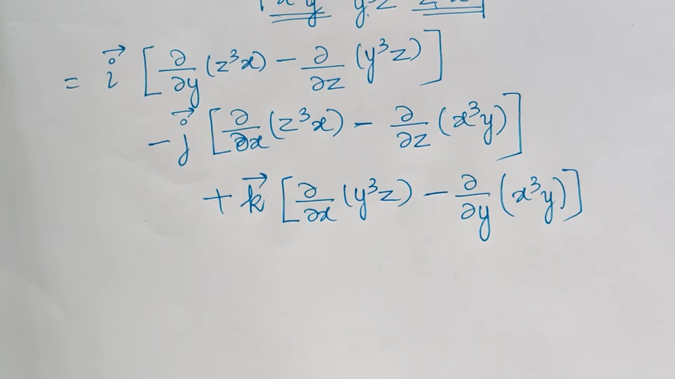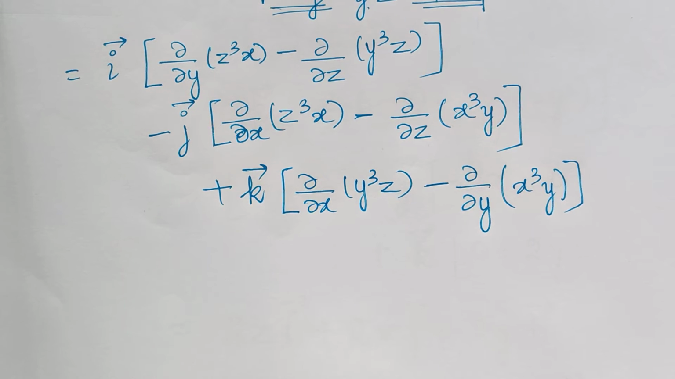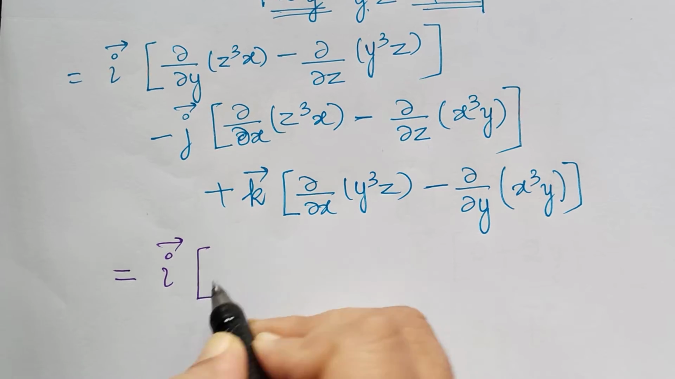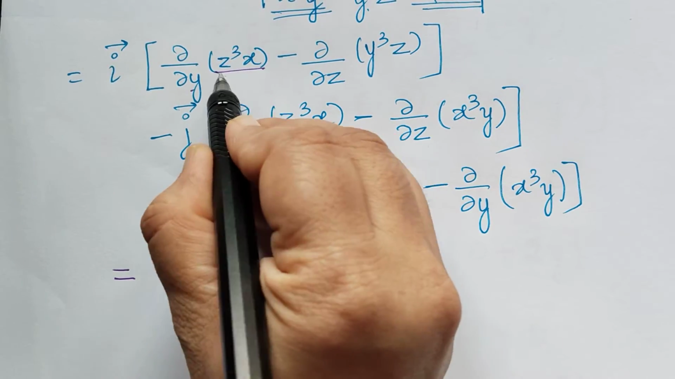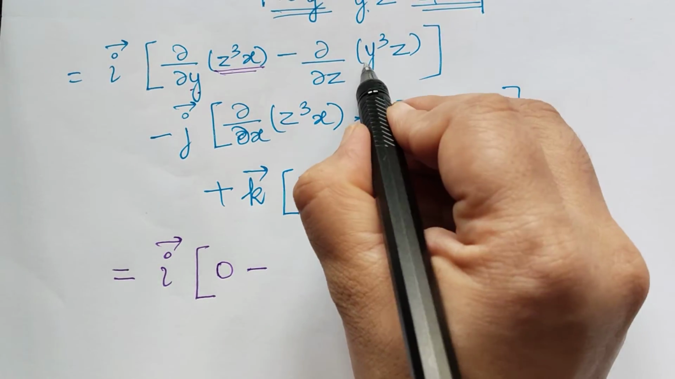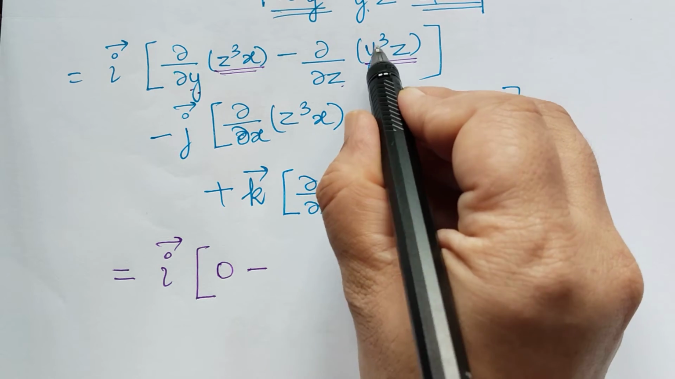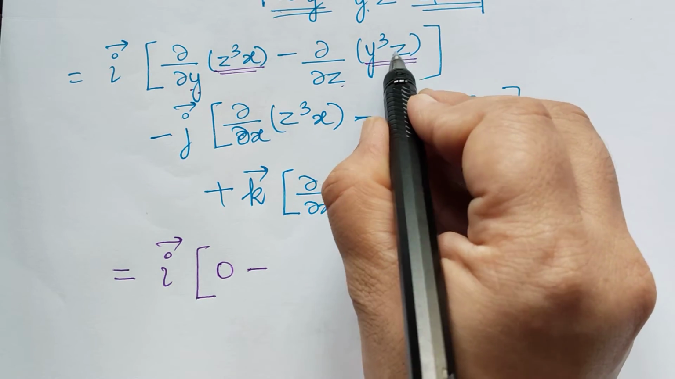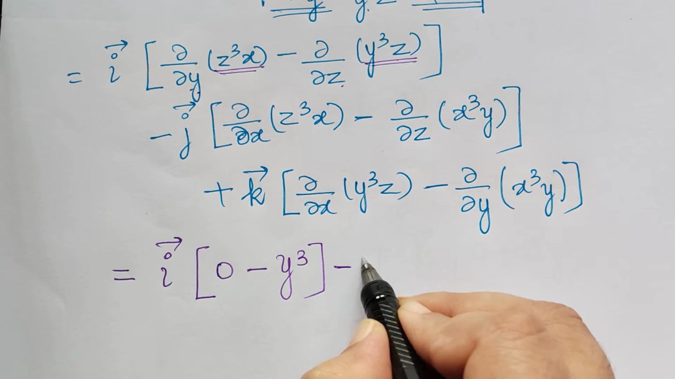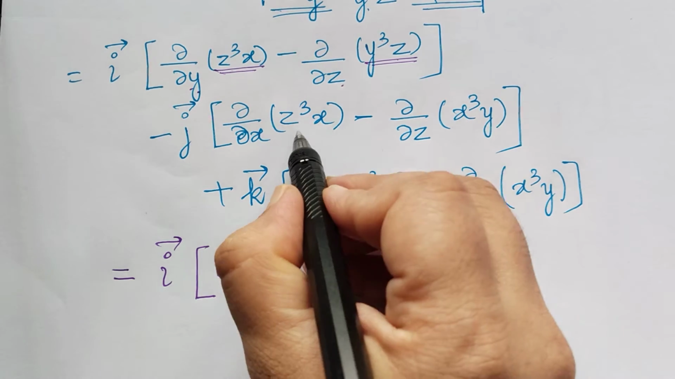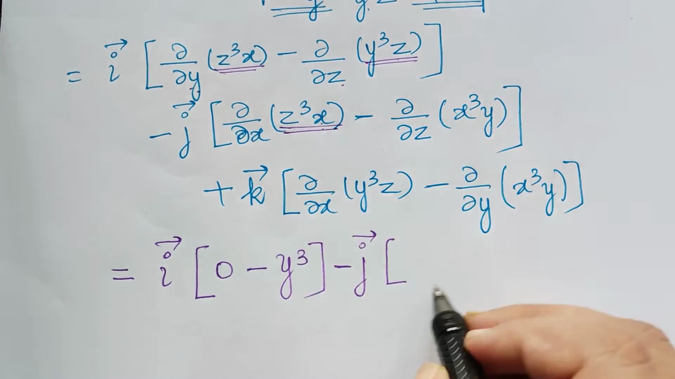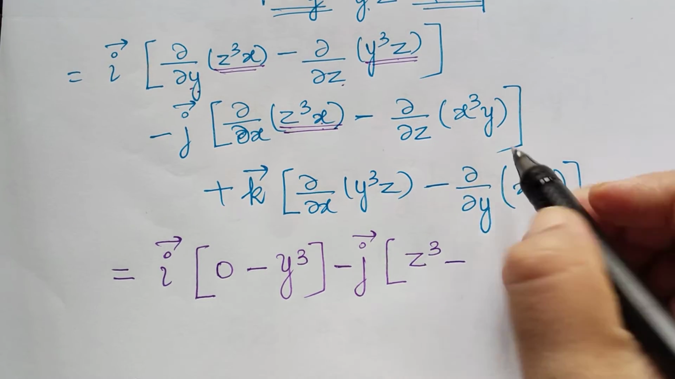So now we shall simplify further. So that will be equal to, now i vector multiplied with partial differentiation of this with respect to y. As there is no y term, it will be 0, minus partial differentiation of this with respect to z. So y cube will be constant. Differentiation of z is 1, so it will be y cube. And then minus j vector multiplied with partial differentiation of this with respect to x. So differentiation of x is 1, so you will be having z cube, minus, there is no z